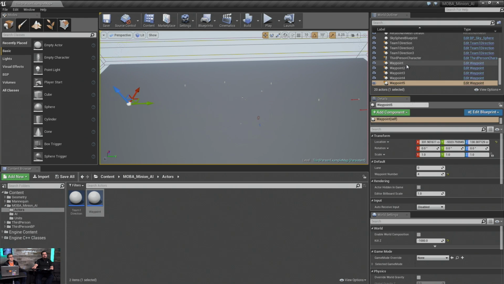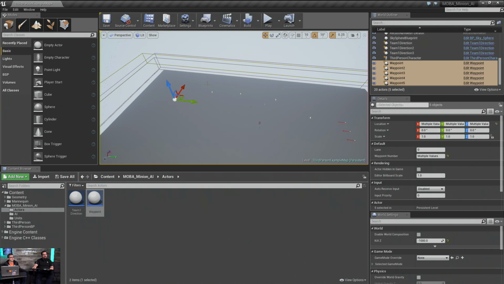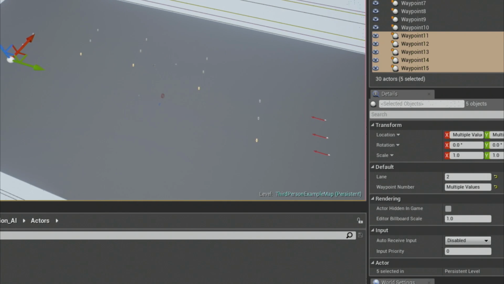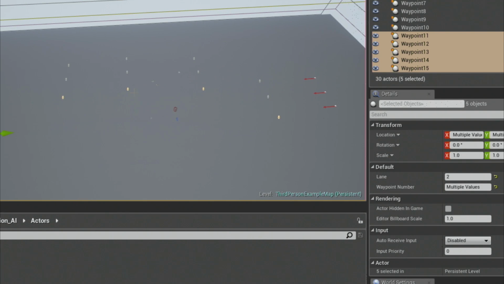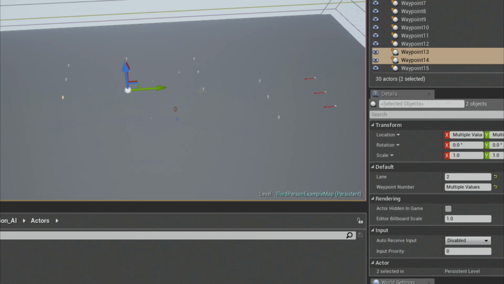Now we select them all, and hold Alt. I'm going to duplicate them once. And I'm going to give them a lane increase to 1, and duplicate them again, and give them a lane increase to 2. All right, so those lanes are thereby associated by the movement points you hit on there? Yep. And at the end here, there will be a tower that they attempt to get to, of course. It'll be the core.